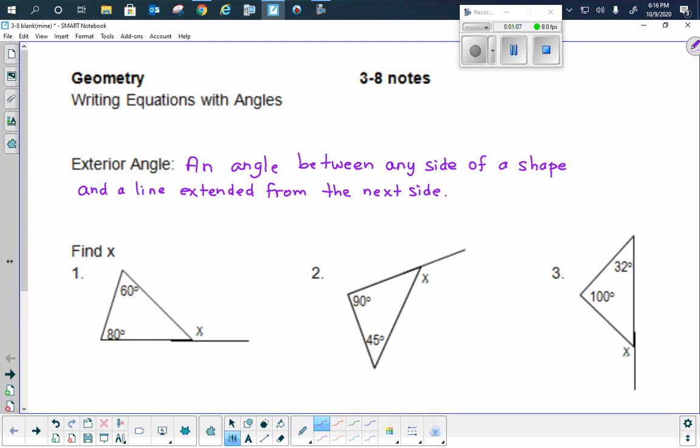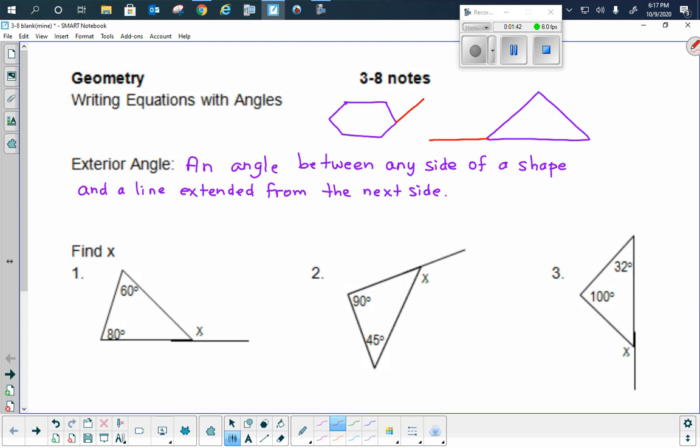So let's just say above here we draw a hexagon, right? A six-sided shape. And leave yourself enough room, but maybe we'll also draw a triangle. Okay. And if I go ahead and extend one of these sides, so if I just took this side and extended it, and I took this side of the triangle and extended it,